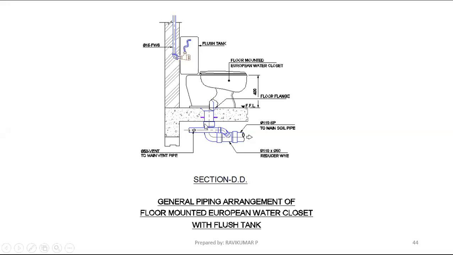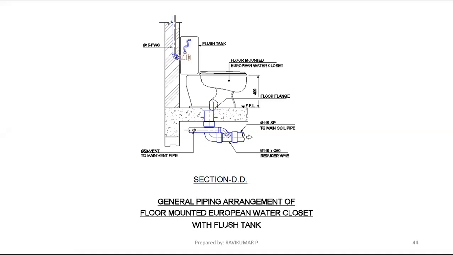So after flushing, water is coming here. From after the elbow, we are taking one branch here, a 50 mm branch, a 50 mm vent pipe to the main vent pipe. We are taking the vent pipe here. This will be connected into the main vent header. That's all. Always we have to take the vent pipe branch